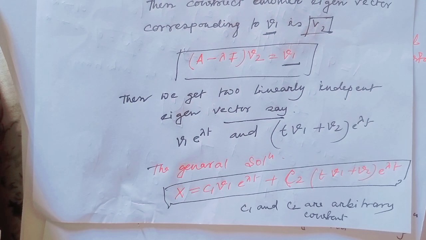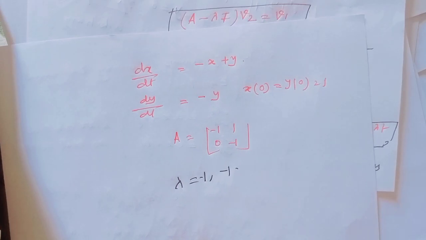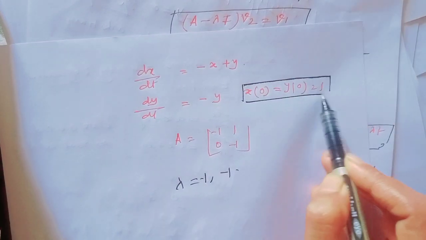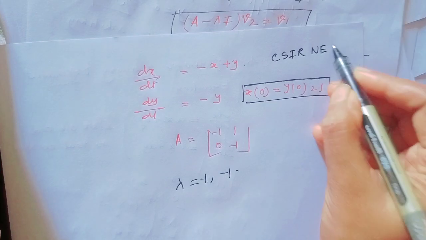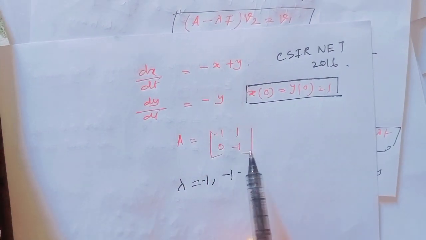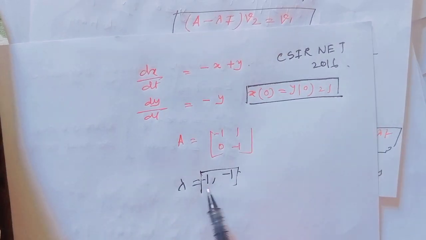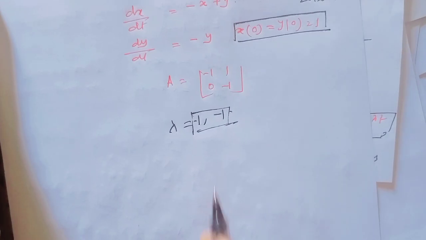Next I will see one example. The system of linear equations dx/dt equal to minus x plus y and dy/dt equal to minus y, with the initial condition x(0) equal to y(0) equal to 1, and this had come in CSIR NET 2016 exam. That means here A equal to [-1 1; 0 -1], and the eigenvalues corresponding to A are minus 1 and minus 1. This is the repeated eigenvalue. That means here the solution would be of such type: